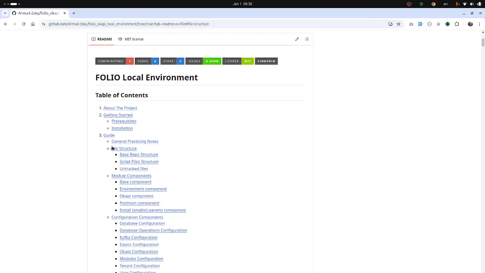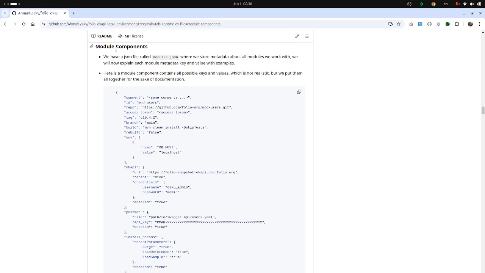We finished in the last video the file structure with its three subsections. Now we will continue with module components. Module components is simply explaining all possible keys for one module object. As we know, modules.json is a list of your own modules you want to work with. We have sample modules in the repository. We saw it in last videos. And now we will discuss one object, the components or the keys